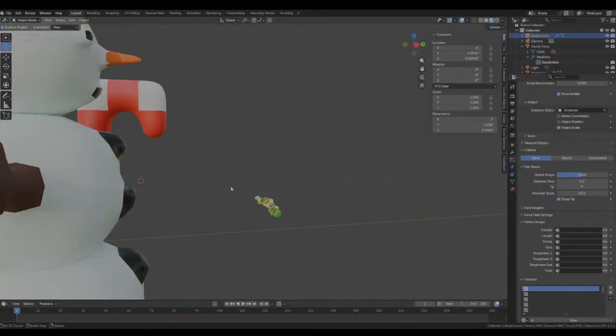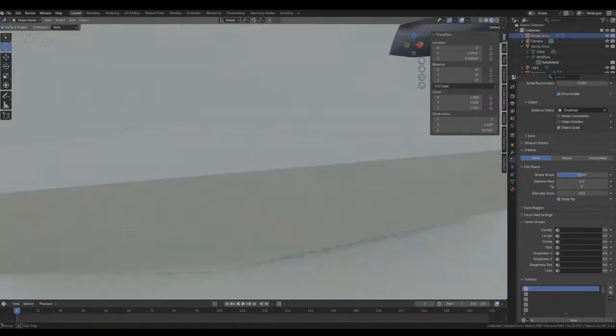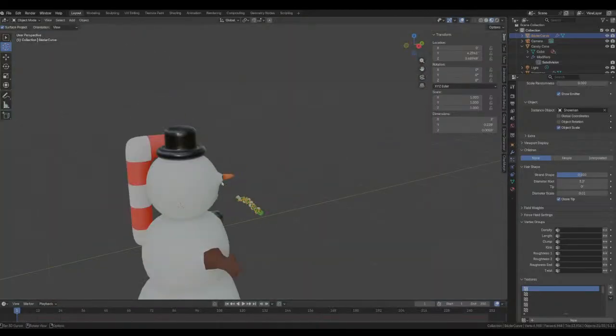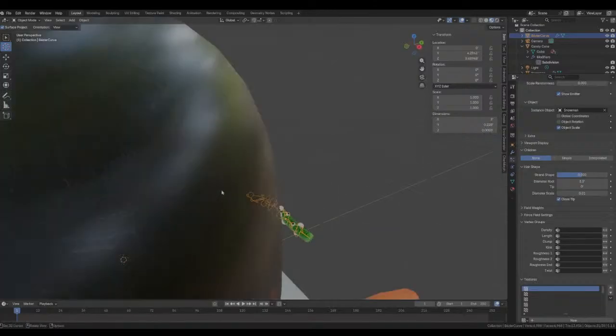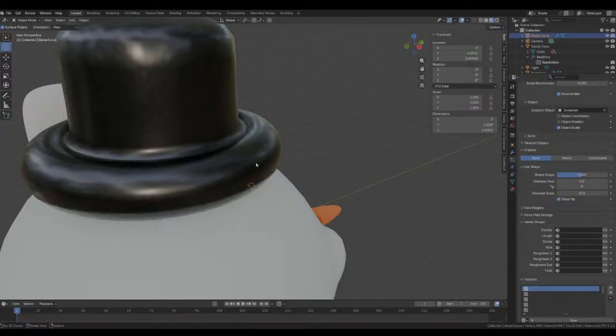So like what I did with the snowman, is I made a procedural texture. And what that does basically is it won't stretch it out when you're trying to do stuff to it. And then of course I did this and I added a little bit of glossiness to that.